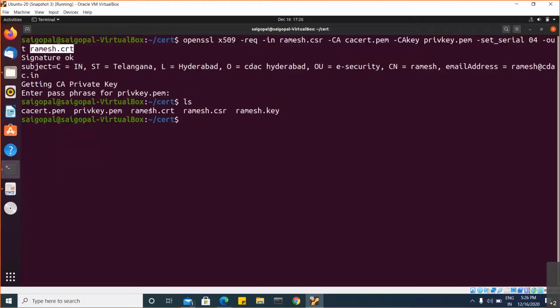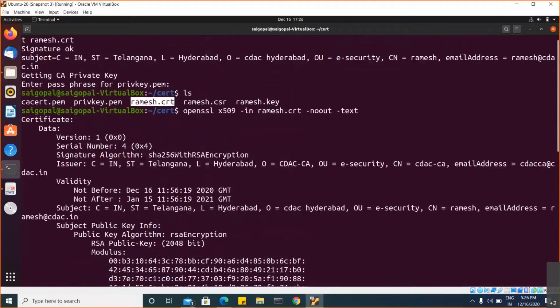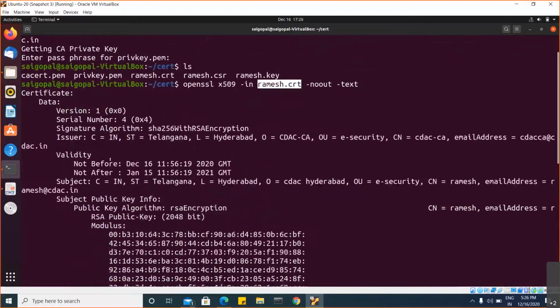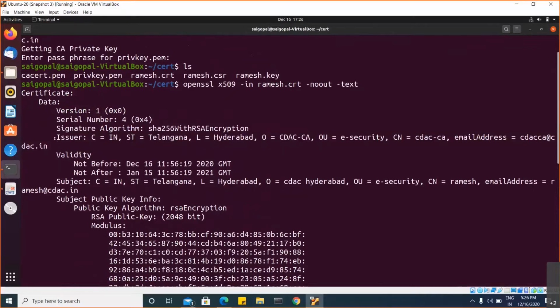Now, if you observe here, we have generated a digital certificate for the particular user Ramesh. Now you can view this particular digital certificate using the following command. Okay. So this is the digital certificate of the user Ramesh. This is the issuer, meaning who has issued it. This digital certificate is issued by CDAC CA,